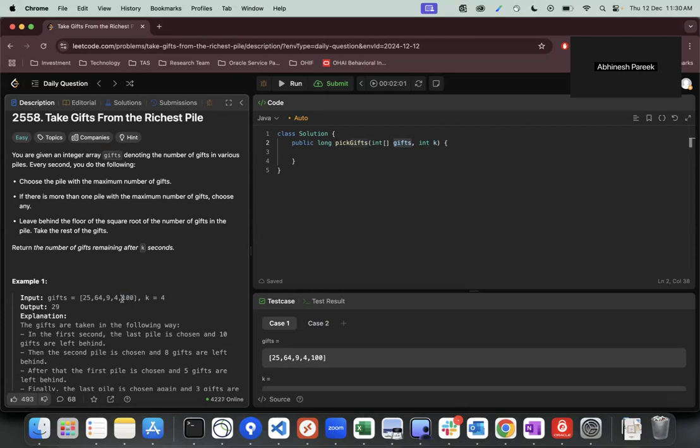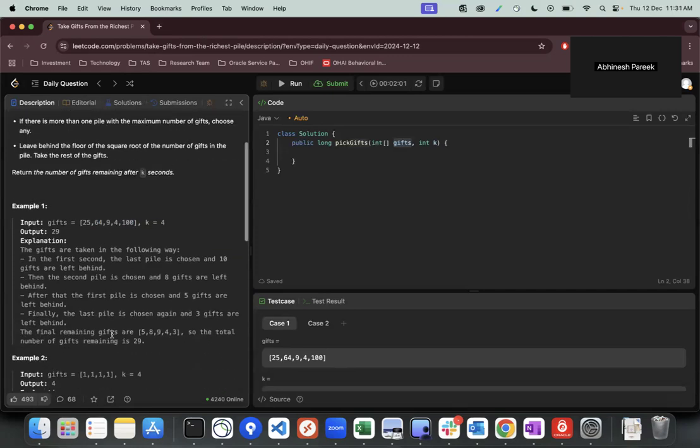Then we put 10 back, and it might be possible that this 10 can be picked up again at a later stage, right? So then we have to sort it again because these 10 can also be included at a later stage. Let's say 64 is processed and then 25 is processed, and after that 9 is there, but 10 is greater than 9, right? So in that case,